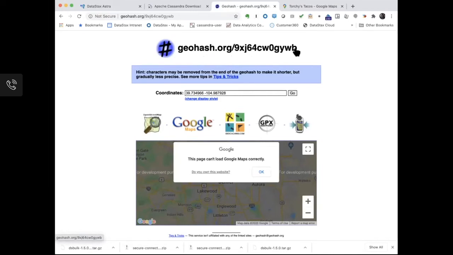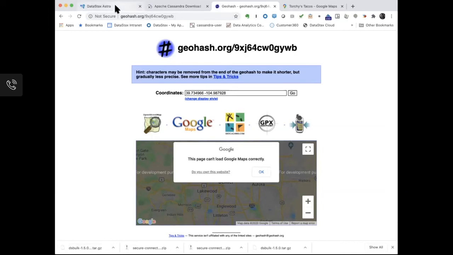Now, if you were building a real app like this, you would include a geohash library in your application tier, and that would be responsible for converting coordinates into geohashes and also for being able to tell you how to navigate around once you have a geohash. So this geohash can, with some simple math and a really quick amount of time, tell you what the geohash is that is to the north, south, east, west, and the points in between, northwest, northeast, etc. So you can navigate a path with geohashes. It's a really sophisticated system for having basic alphanumeric representation of a coordinate system on Earth.